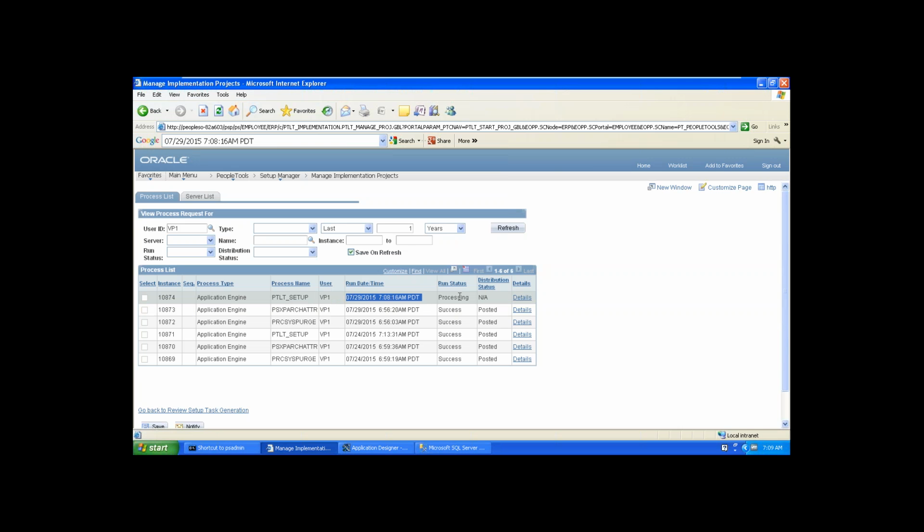And this is the run status, the distribution status, and the details. Once this process is successful, it will show Success. If it is not successful, it will show No Success. If there is an error, it will show Error. So we have many statuses for the process.